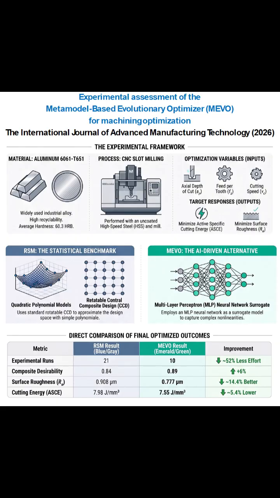It's a system pronounced MEVO. Okay, let's unpack this right away. Is MEVO like, say, using a smart scout to map a dark room instead of just walking in and bumping into the furniture? That's a perfect analogy, because instead of stumbling around, MEVO starts with just a minimal data set of initial experiments. Wait, minimal, like barely any data? Exactly, just a tiny starting point. And from there, it trains a machine learning model that acts as a digital twin of the machining process. Oh, I see. So it builds a virtual copy to test on so you aren't wasting real material.